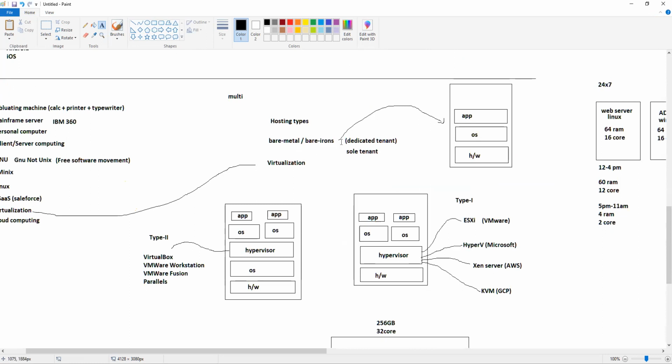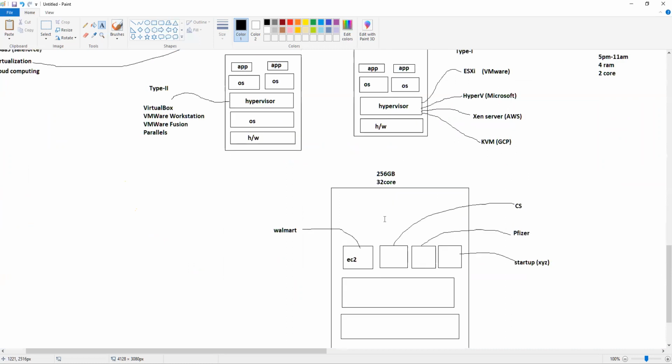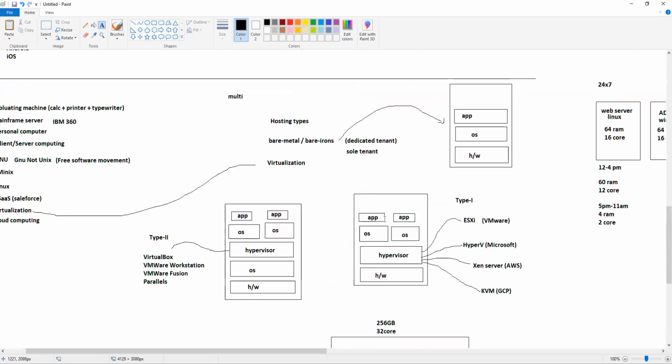When we talk about bare metal, bare iron, we're basically meaning dedicated tenant. But back in the day, bare metal is just an iron server that you have, and on top of the server you install all sorts of applications, and you get the job done. In this case, you don't do it that way. It's all dedicated to you, so only you are using it. No other tenant or customer is allowed to come onto that server or use anything. So that's virtualization, the different techniques, the different types, where it's used and why it's important for the cloud, because this is what made cloud possible, at least the idea possible.